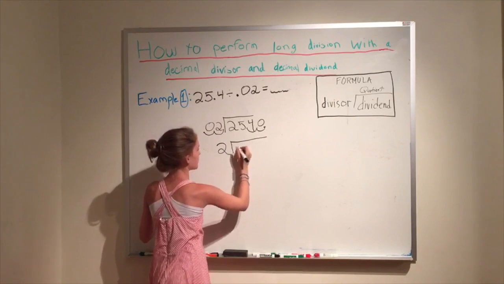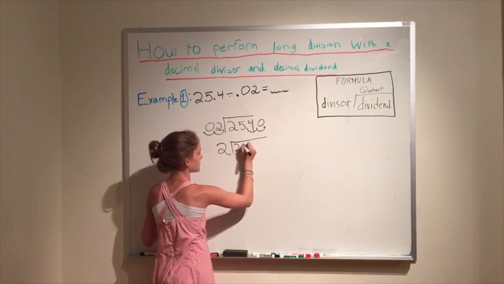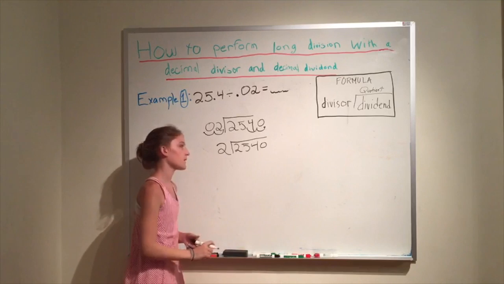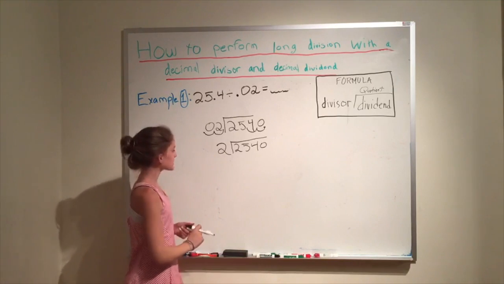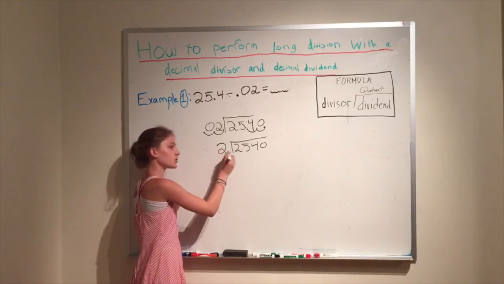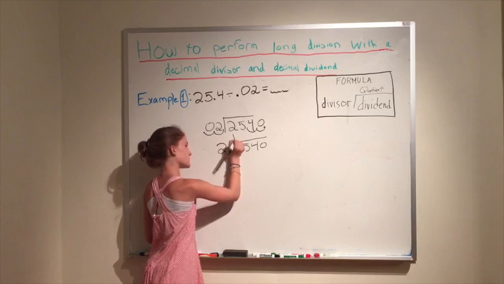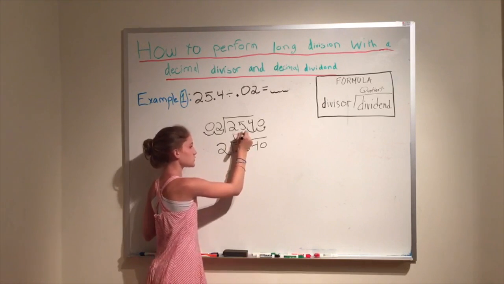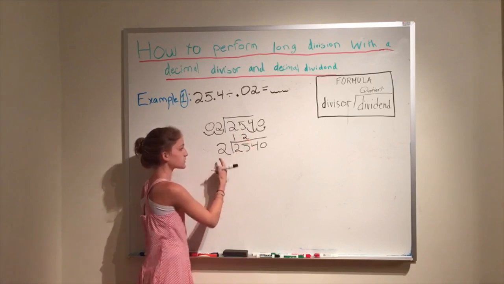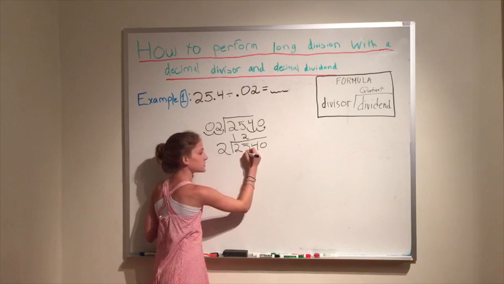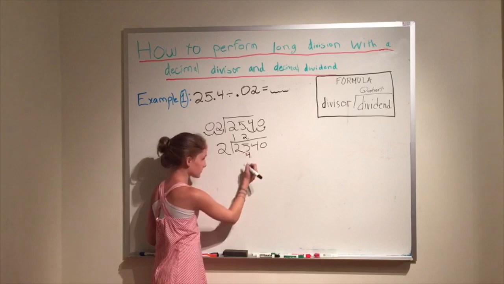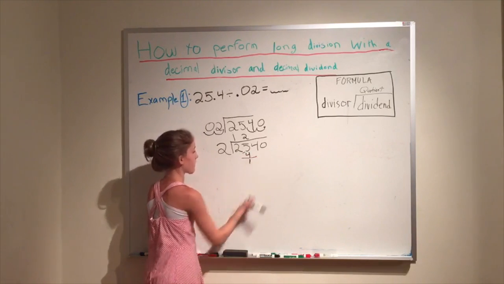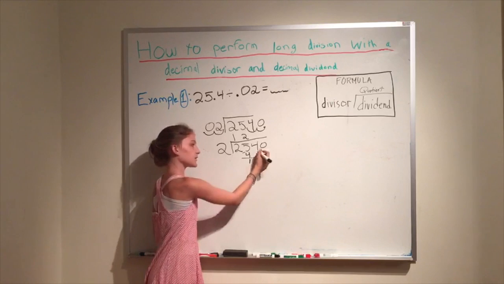Now your problem is 2 divided by 2,540. Okay, so you have to ask yourself, does 2 go into 2? Yes, it goes in once. Does 2 go into 5? Yes, it goes in twice. So now 2 times 2 is 4. You subtract 4 from 5, and you get 1. Now you bring the 4 down,